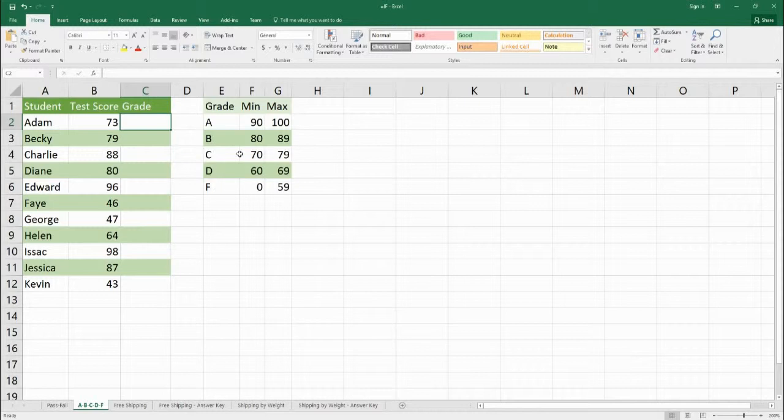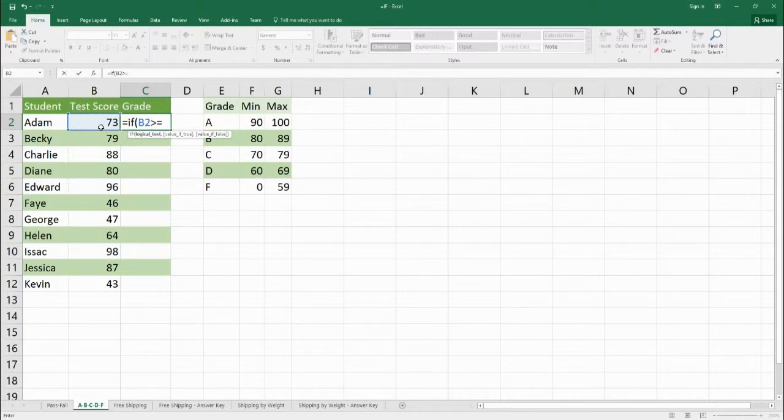So what happens is we have 5 different choices here. So in order to do this, we're going to put if statements inside of if statements inside of if statements inside of if statements. It can get a little complicated, but let's go slowly, look at it, and understand what's happening, and then we should have a better understanding. So let's start off with Adam's score. The first thing here we're going to do, we're going to start off with if, and then if Adam's score is greater than